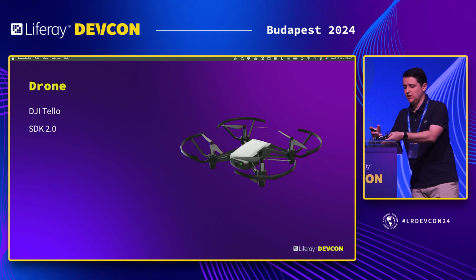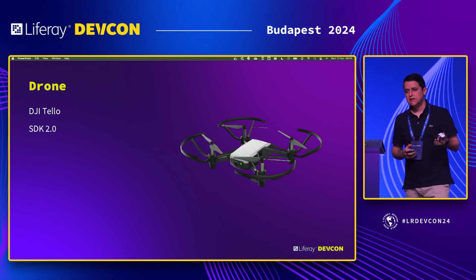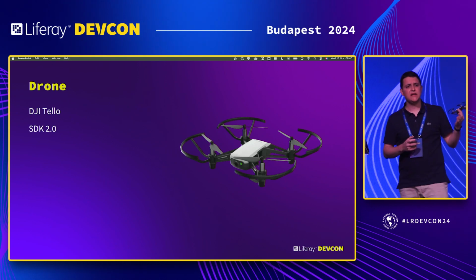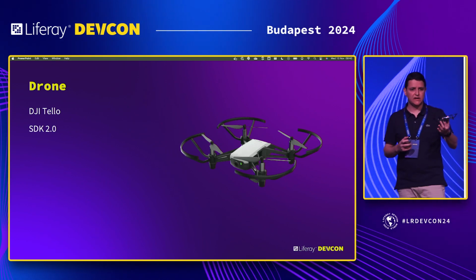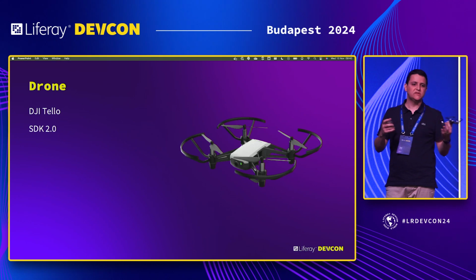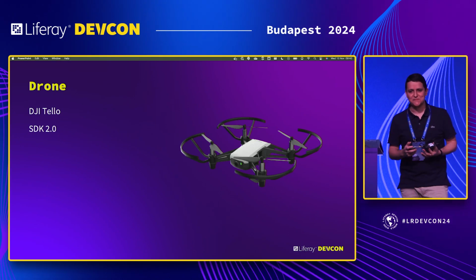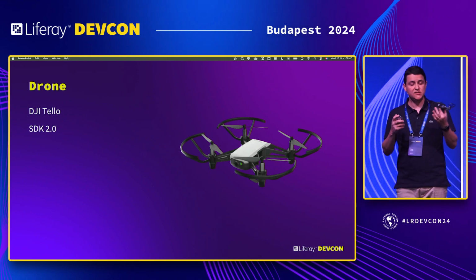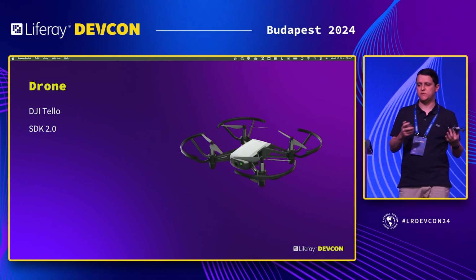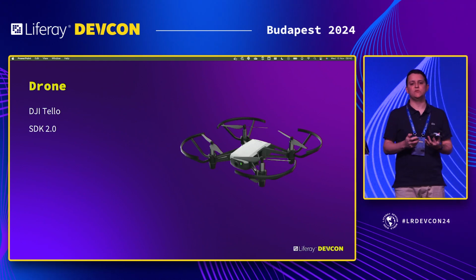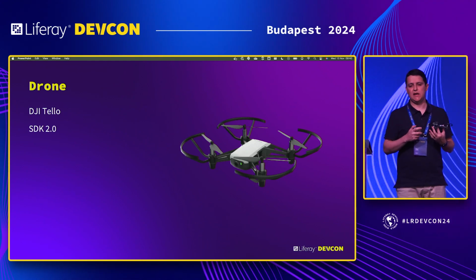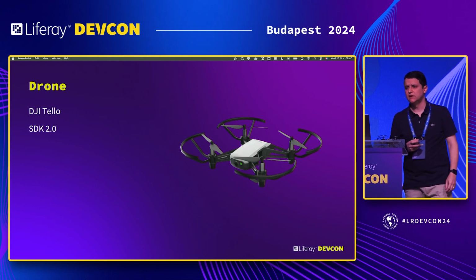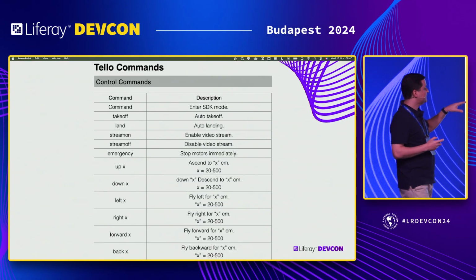Which drone are we using? This DJI Tello, this simple drone. We are using SDK 2.0. It's a simple drone. It has some limitations like image quality, light, and radio interference. So I need your help, because it's a simple drone. It's useful to validate and run this POC, but we are able to integrate with professional drones that have an API.